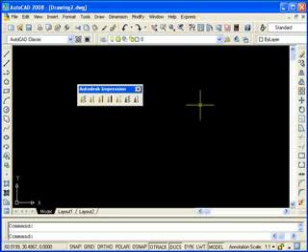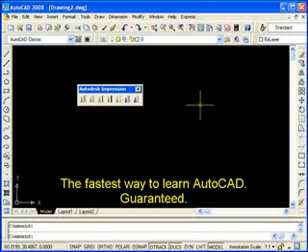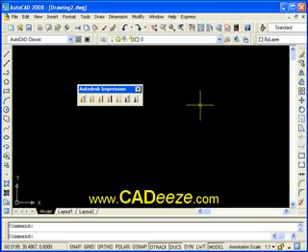This is the first tutorial in hopefully a long series of tutorials going over AutoCAD 2008. Bear with me as I get these developed and uploaded. Like I said, we're going over the AutoCAD 2008 product. If you're an AutoCAD LT user, this tutorial should work pretty well for you as well, until later on, when we get into some customization things, then that's probably where the AutoCAD LT product is going